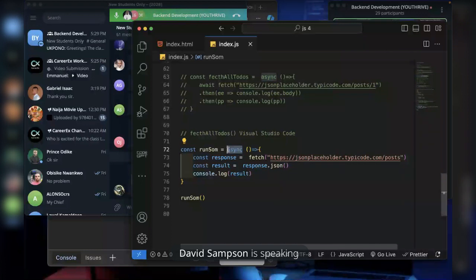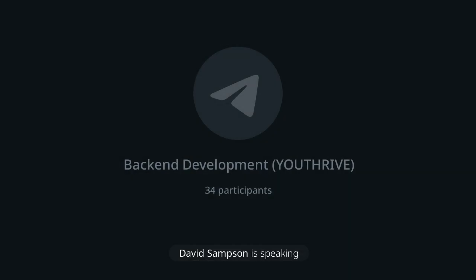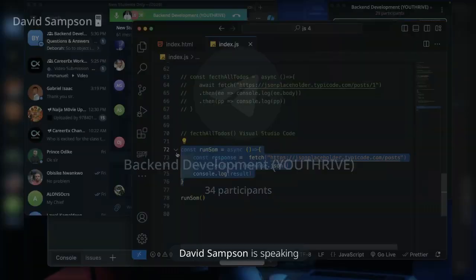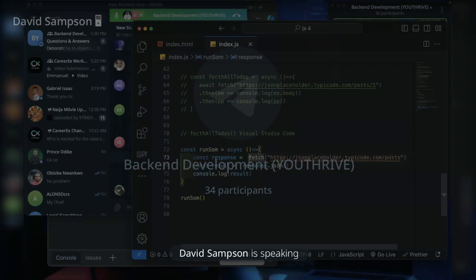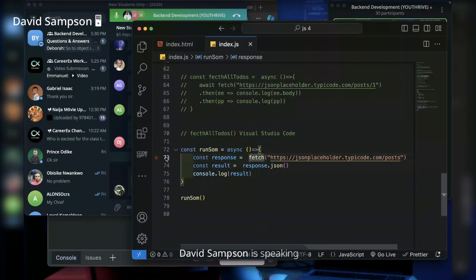The moment you label this function as async, it means that the whole of this function is supposed to run in the background. But while it is running in the background, some of them will take time to complete. So like this particular line 73 will take time to complete. So you need to tell the function to wait for this one to come back.